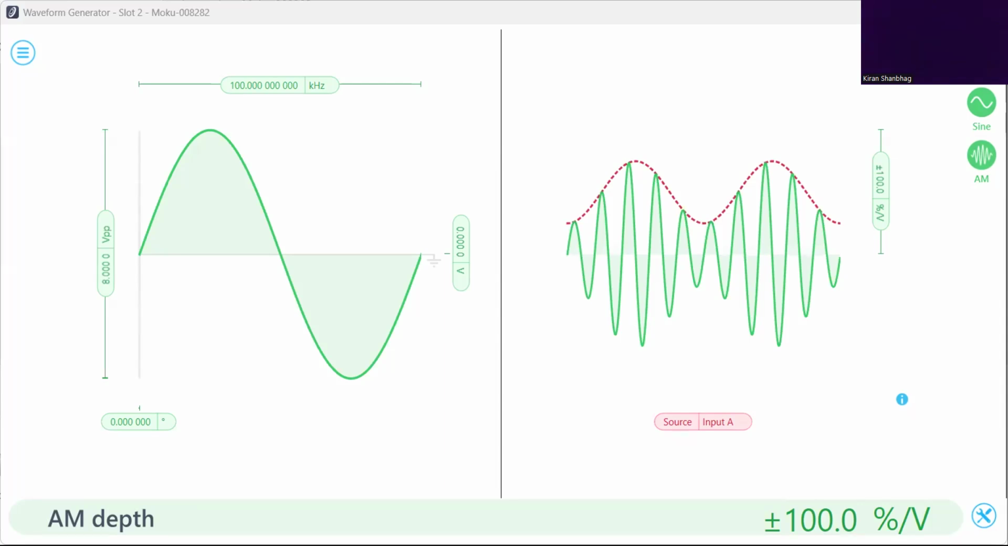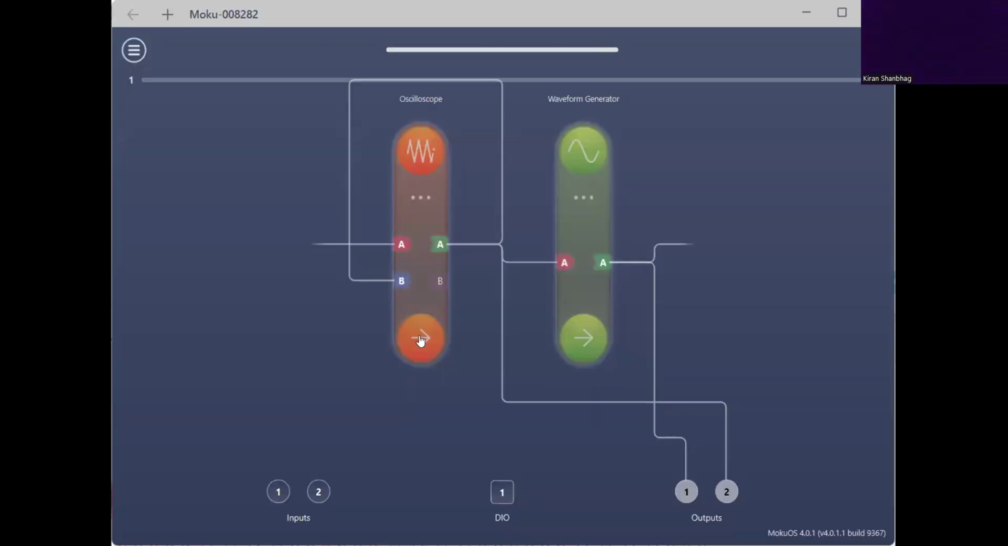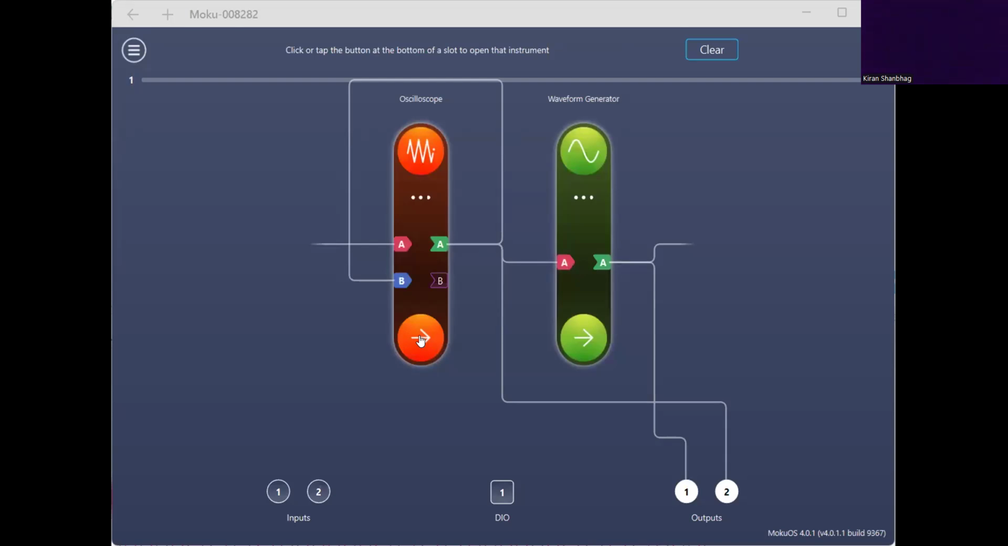Okay. So this is the oscilloscope that I have here. One second, not this one. This is the second. Okay. The oscilloscope is here only. So what I will do, I will click here to visualize the oscilloscope, and